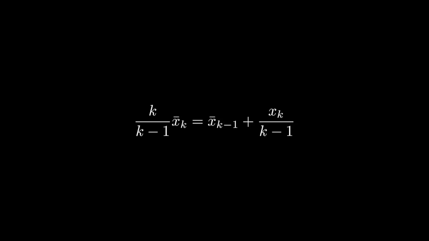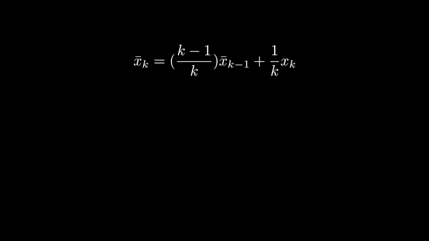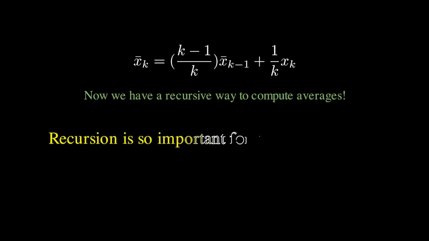And finally, to isolate x bar sub k, if we multiply both sides by k minus 1 over k, we get x bar sub k equals k minus 1 over k times x bar sub k minus 1 plus 1 over k times x sub k. Now we have a more efficient way to calculate an average. By using recursion, we can update our current average based on the previous one, eliminating the need to recompute everything from scratch. This idea is fundamental in the Kalman filter, which relies on past data to make predictions and refine